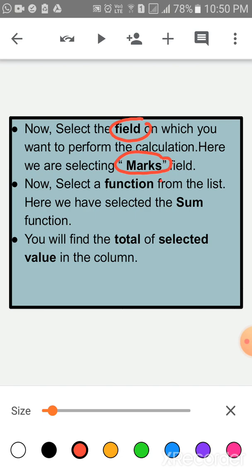Here we have selected the sum function. And lastly, you will find the total of the selected value. Whichever field you have selected, the result will come for the selected values in the column.